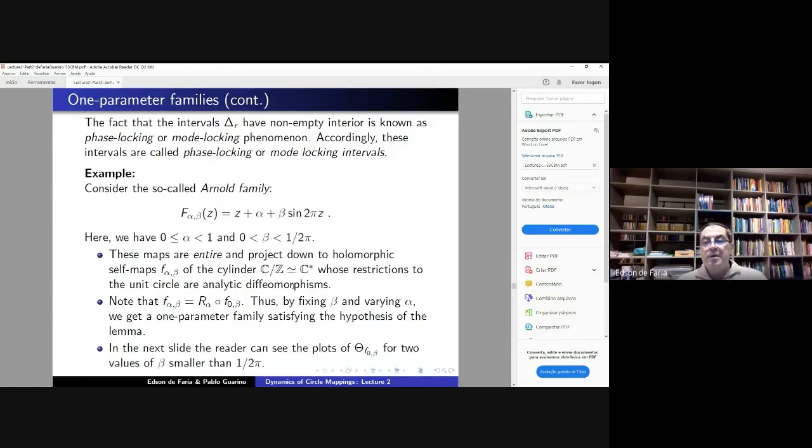These maps are at the boundary of chaos, as we usually call it, okay? If you take beta greater than 1 over 2 pi, then you get an endomorphism of the circle. This map is no longer invertible, and then potentially things like horseshoes appear, and therefore you have positive topological entropy, unlike zero topological entropy, which is the case for these maps. So for these reasons, we usually say that these maps for beta equal to 1 over 2 pi are at the boundary of chaos, okay? But we're not going to go into that.